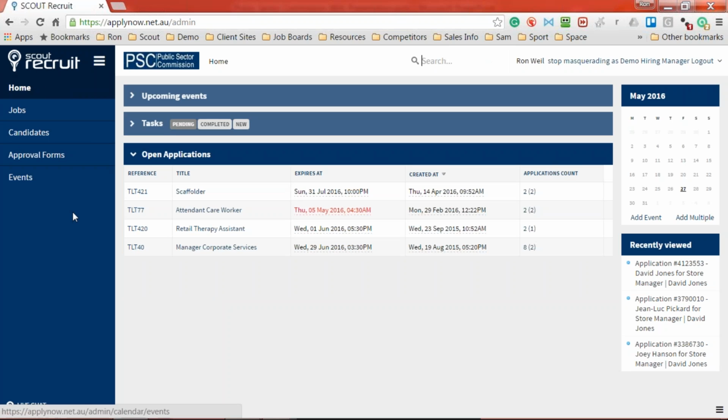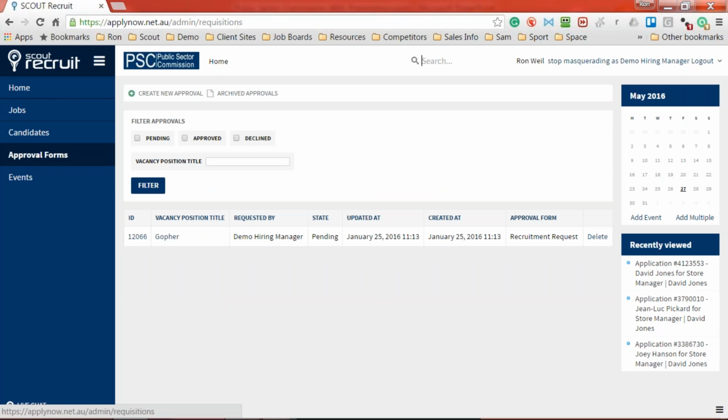So they don't have all of the administration functions down the left, and they also only see the roles that they're responsible for. And that's a really important point. And then the first step in that process is that approval form. Now, the hiring manager simply just needs to come in here, click on approval form, and then click on create